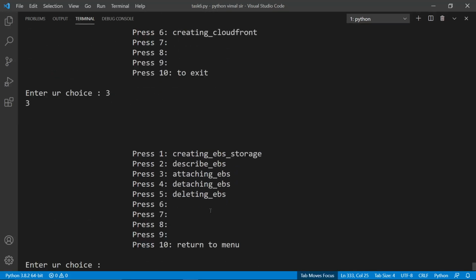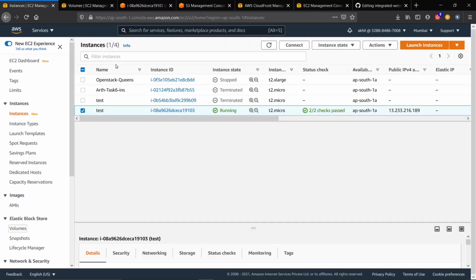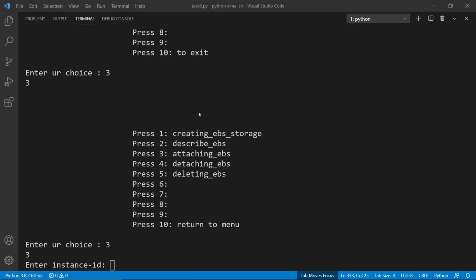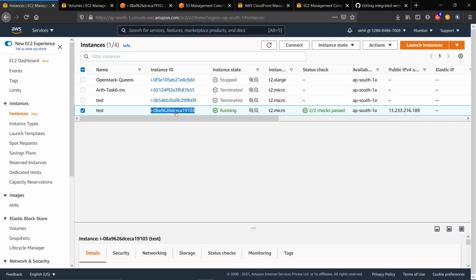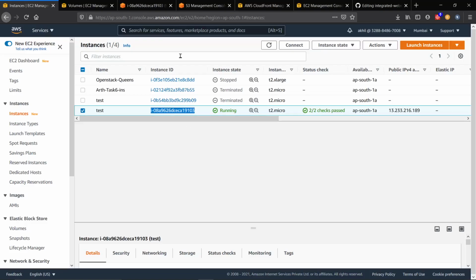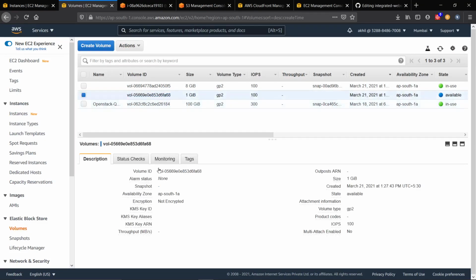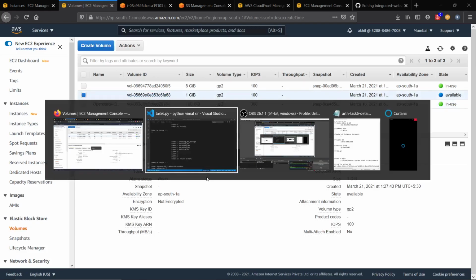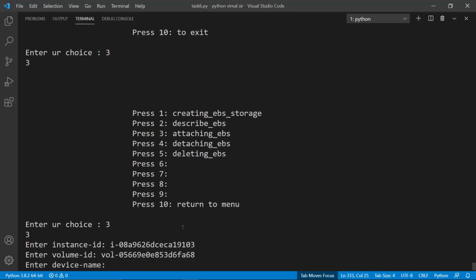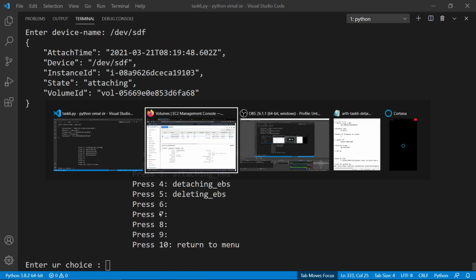Attaching the instance ID. So we have attached.